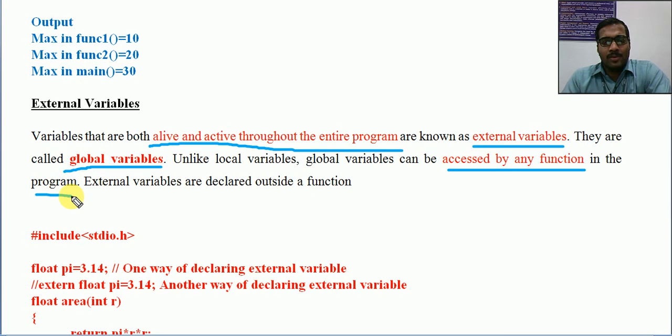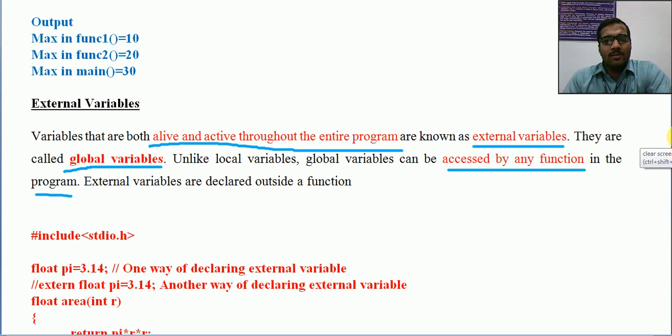So if in the previous program we had main, function 1 and function 2, and you have a global variable, this variable can be accessible in all the functions like main, function 1 and function 2. Okay, so it is common. This variable is common for all these. But in the previous example, in local variables, the variables are different for different functions. It is only local. I hope it is clear.